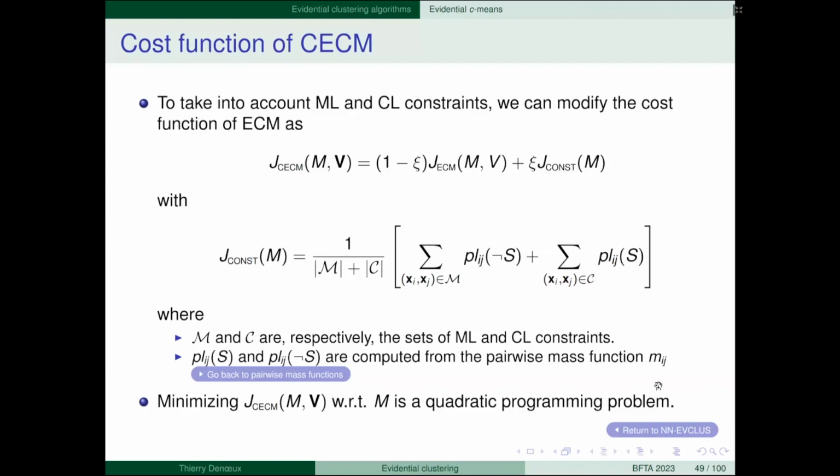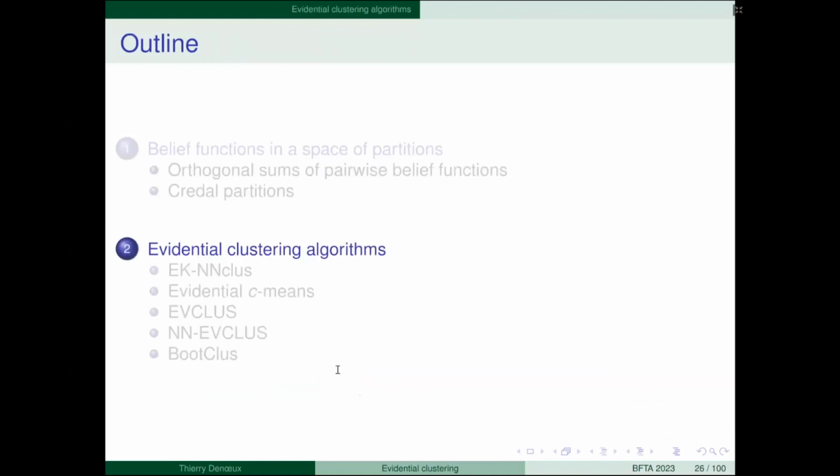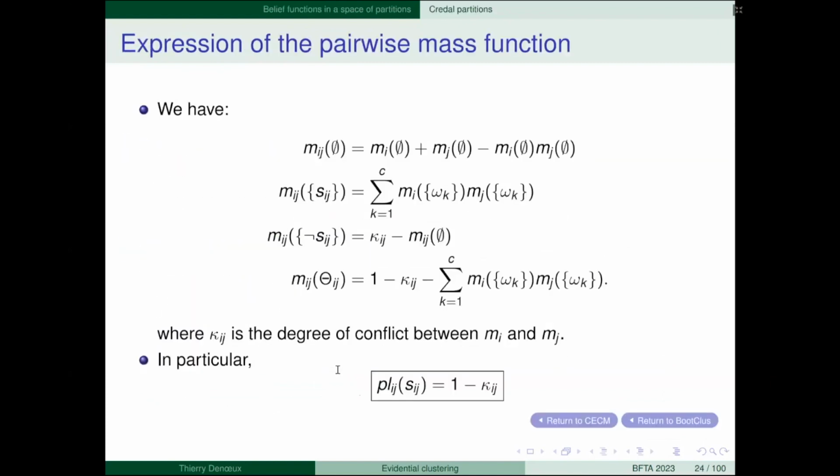And how to compute these? We go back to these pairwise plausibilities. We have seen how to compute the plausibility that any two objects belong or do not belong to the same group. We can use this formula: this is the plausibility they belong to the same group. The plausibility they do not belong to the same group is the sum of this mass and this mass.